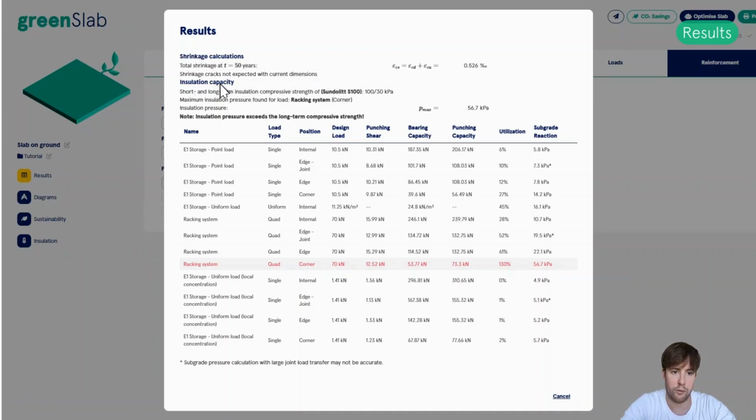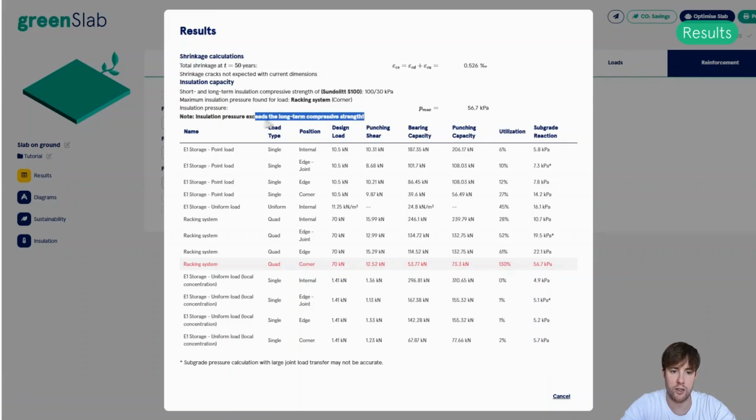We have also some insulation capacity calculations, so it will calculate what the maximum insulation pressure was and if that is larger or smaller than the insulation capacity. So in this case, with the Sundolit S100 insulation, we have a short-term capacity of 100 kilopascal and a long-term capacity of 30.